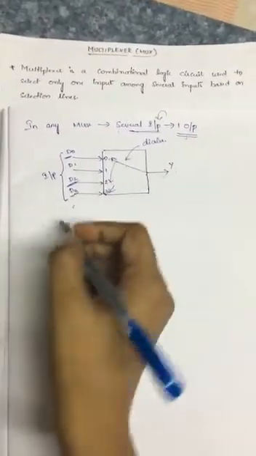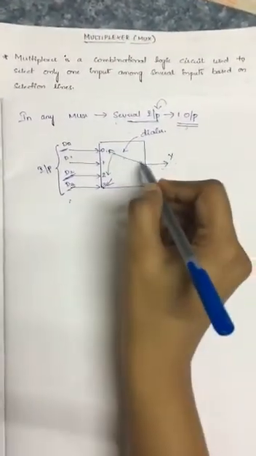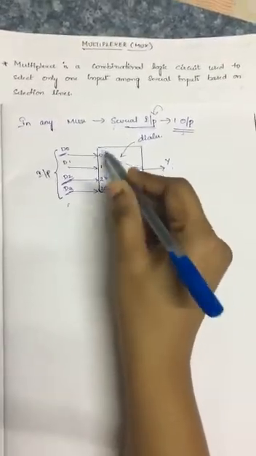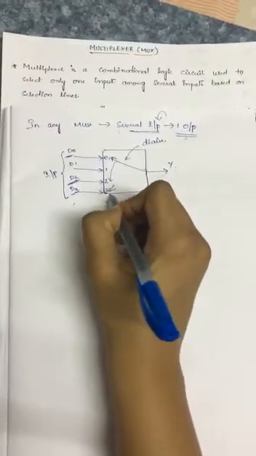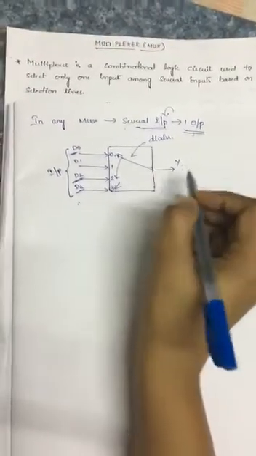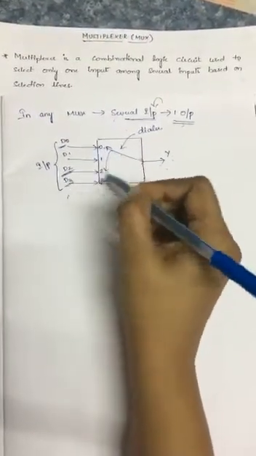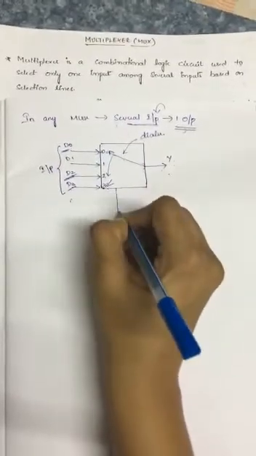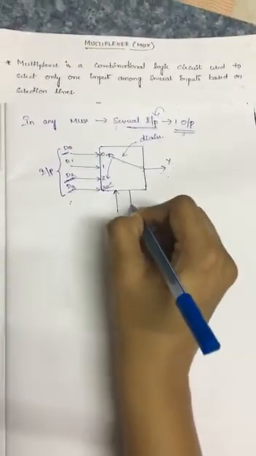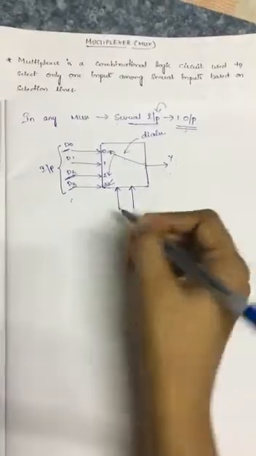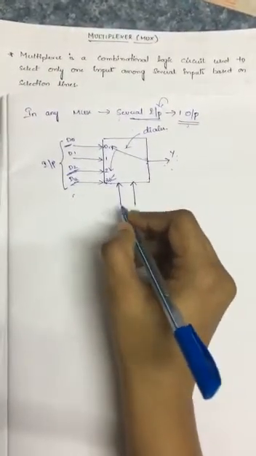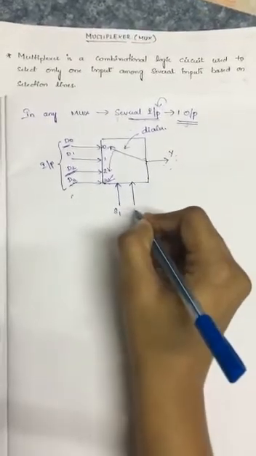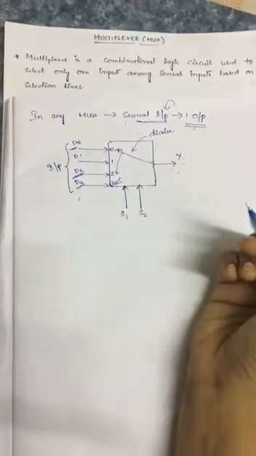Here a question can arise, how is this dialer going to move, or how is it going to select a particular input as an output? To select these inputs, you are going to have selection lines. For every multiplexer you are going to have selection lines. I am taking two selection lines and stating them as S1 and S2.